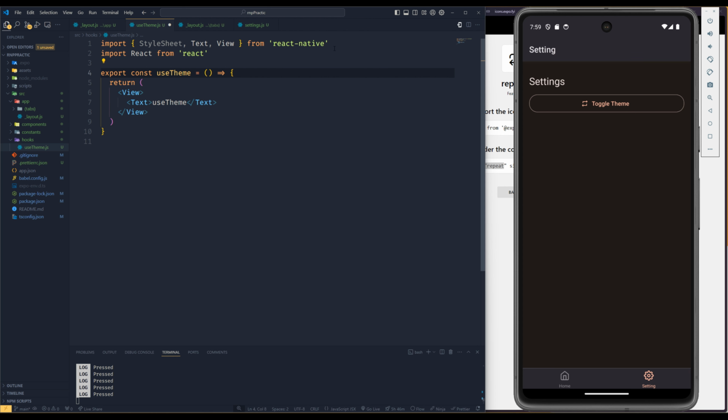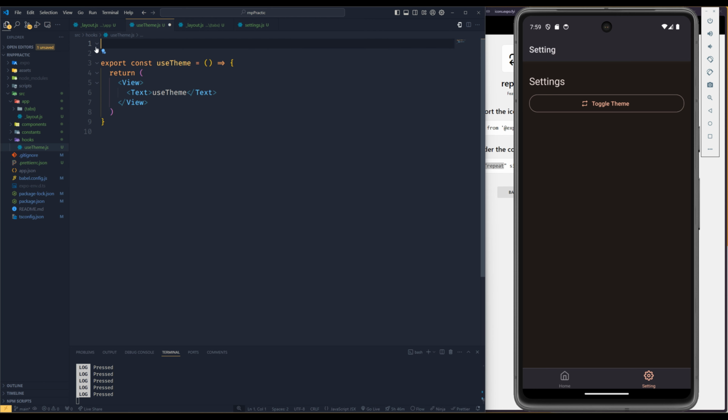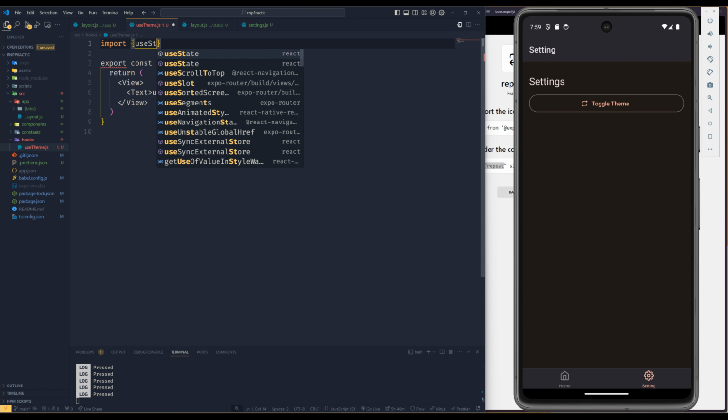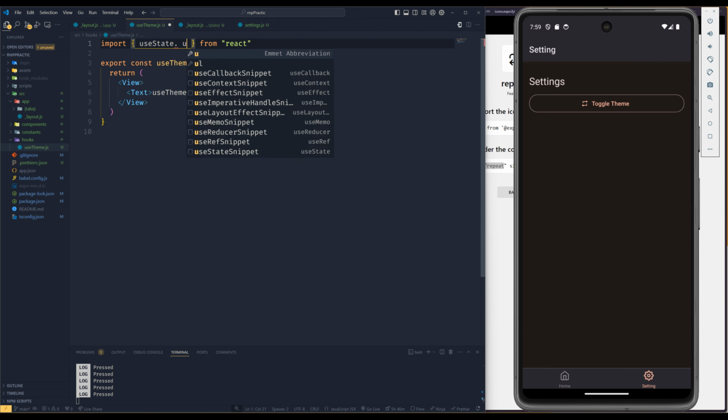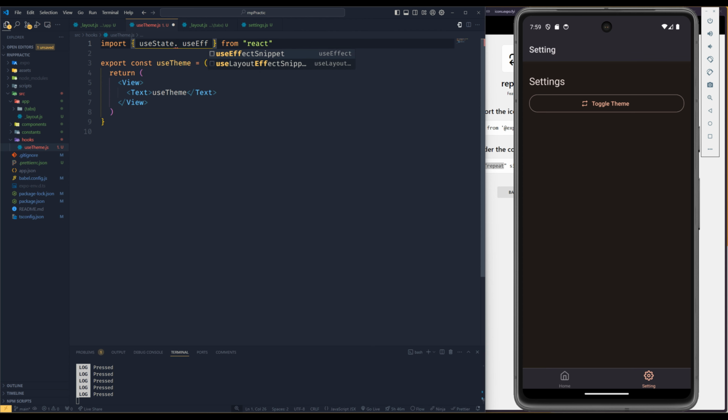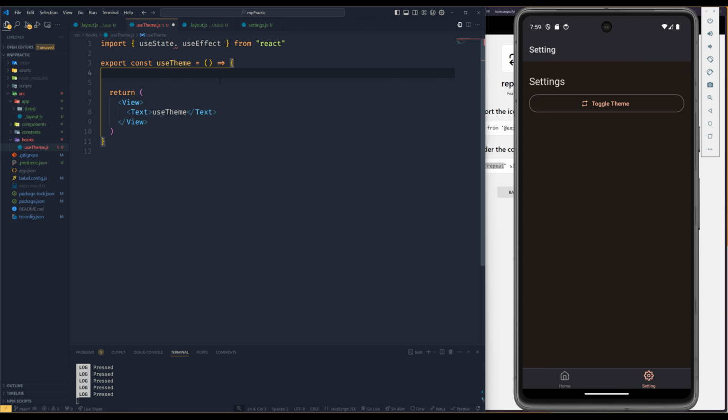Also we are not going to need any component from React Native, but we are going to need useState and useEffect. So let's quickly import them. useState and useEffect. And we are also going to need